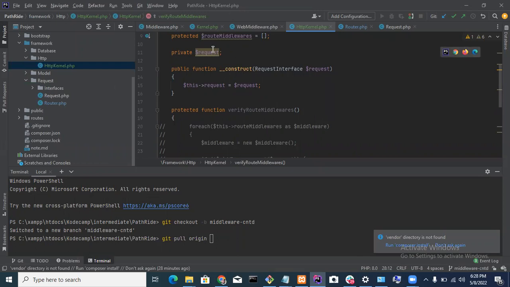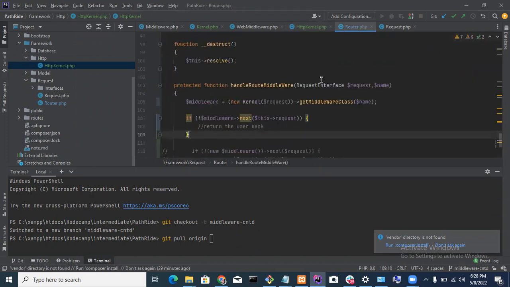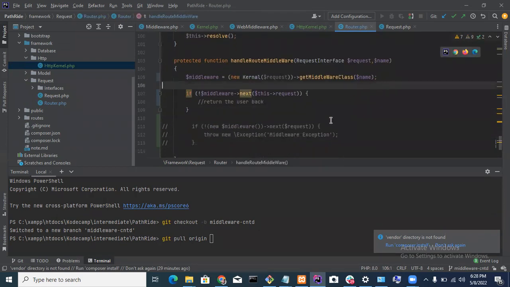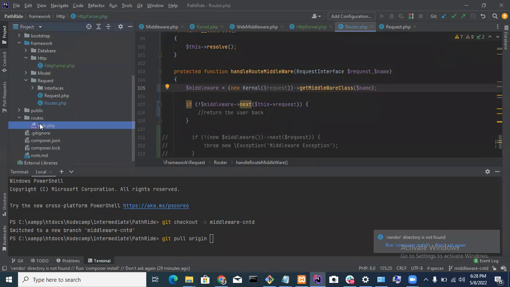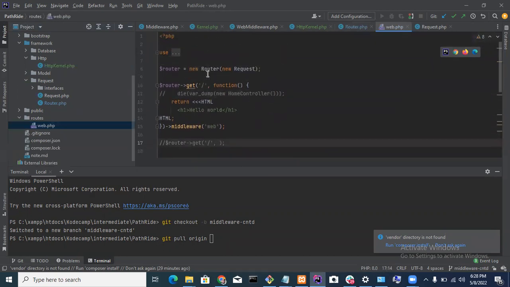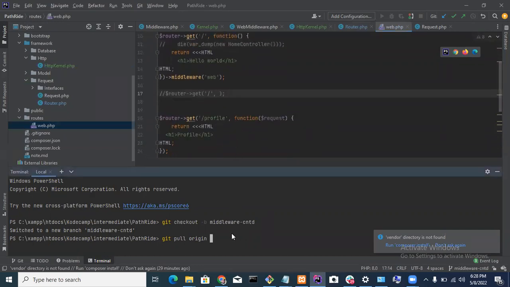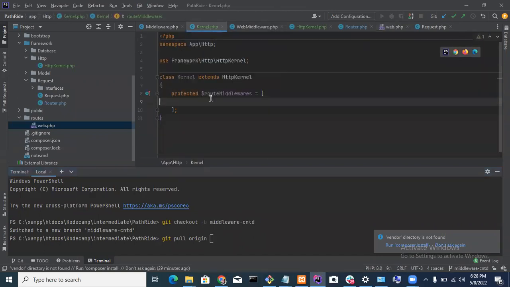Let's leave this one now. Let's do something important. So long as we have it right here, next will be to handle it from the web, that's from the apps. Yeah, this one.